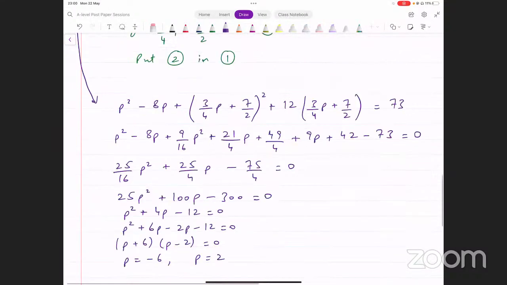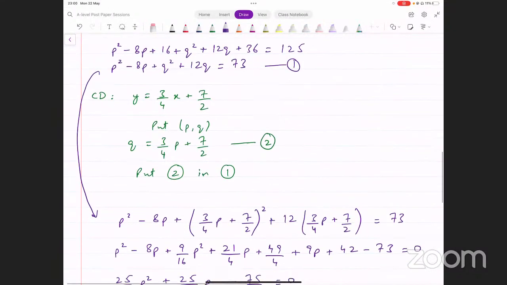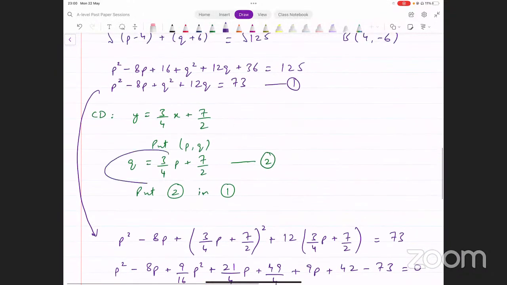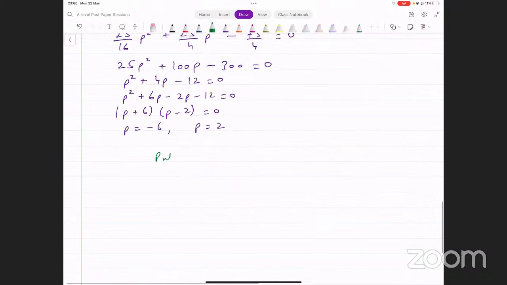In fact, P की values आ गई हैं. Q की value find करनी है. हमारे पास एक Q की equation क्या थी? This is the equation that we have. इसको 2 में जाके input कर दें. So we put these values in the second equation now, और देखते हैं corresponding values for Q क्या आती है